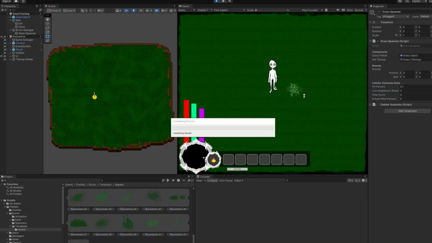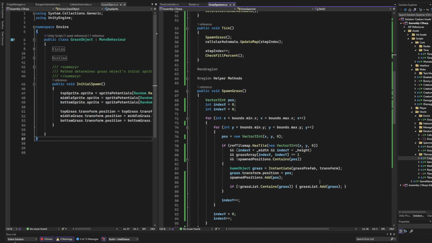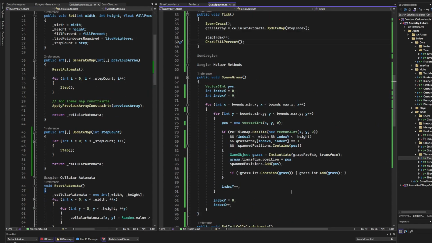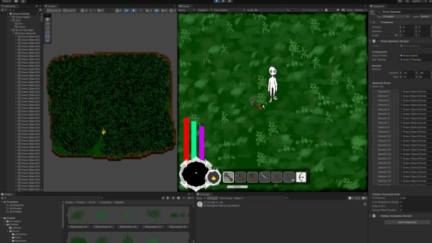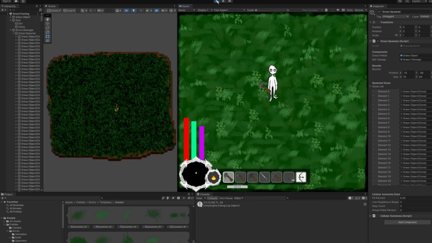So now we have growth over time. Fantastic. We're making moves. I added some debug variables like current fill percent and step count in order to keep track of the growth during runtime, which helped me out with the math that's coming up later. And now that we have the potential for growth over time, it's time to take into consideration how grass actually